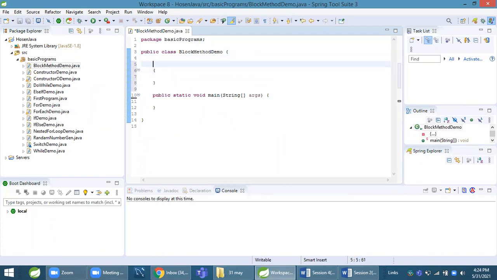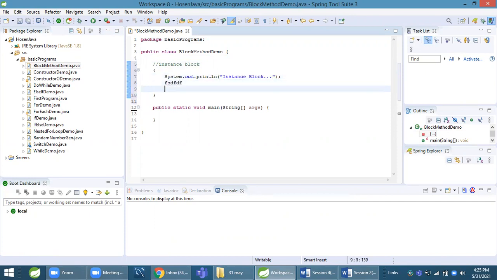This is called instance block. In this, you can write any number of statements.